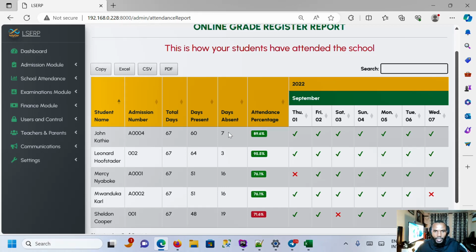So in this case, the percentage is 89.6%. If you look at the second one, they attended 64, and then 3 days they were absent. If you look at the third one, we have 51 out of 67, and then 60. That gives us 76.1%. Then we also have the other one with the same. And then the last one here, if you look at Sheldon Cooper, we have 48 days present and 19 days absent out of the 67. That gives you 71%,